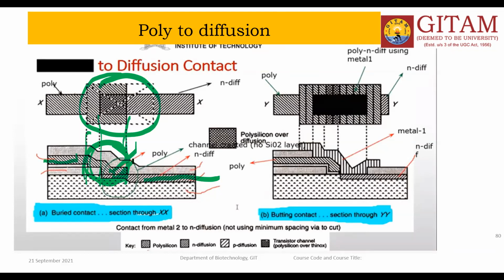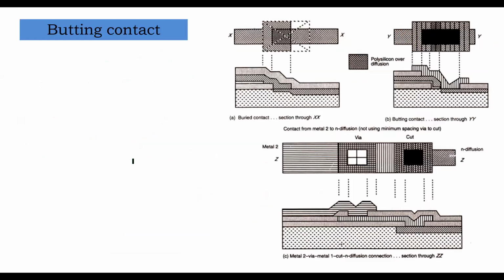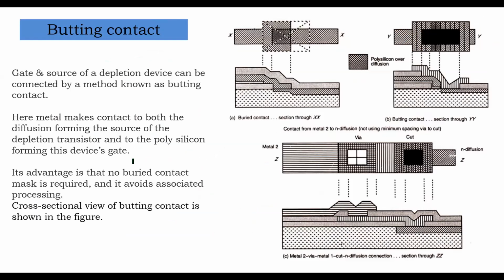We'll discuss that later. This is about only buried contacts. So remember, buried contacts are used to join poly to diffusion. Why should poly and diffusion be joined? In the case of depletion MOSFETs, either NMOS or PMOS, the gate is connected to the source, so buried contacts are required. The next item is the butting contact, meaning the difference between buried and butting contact. As already explained, the butting contact requires extra material.